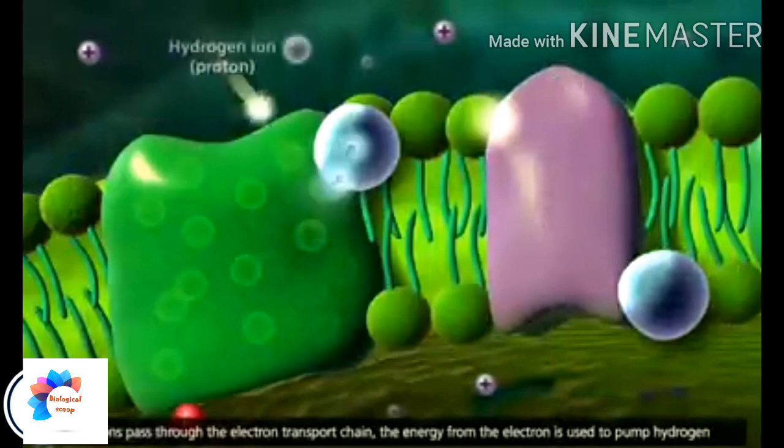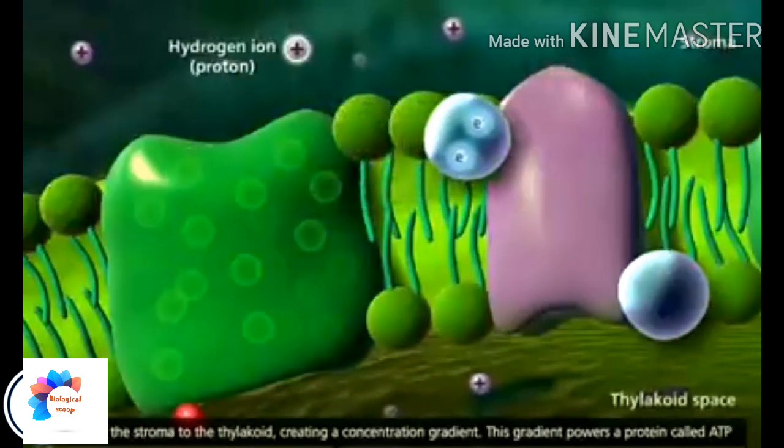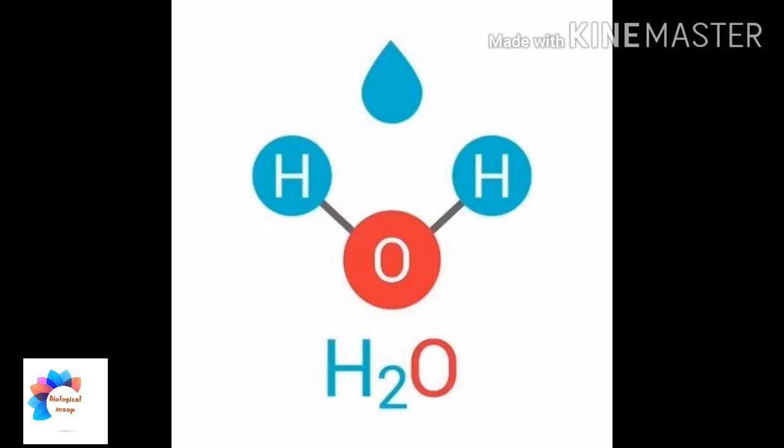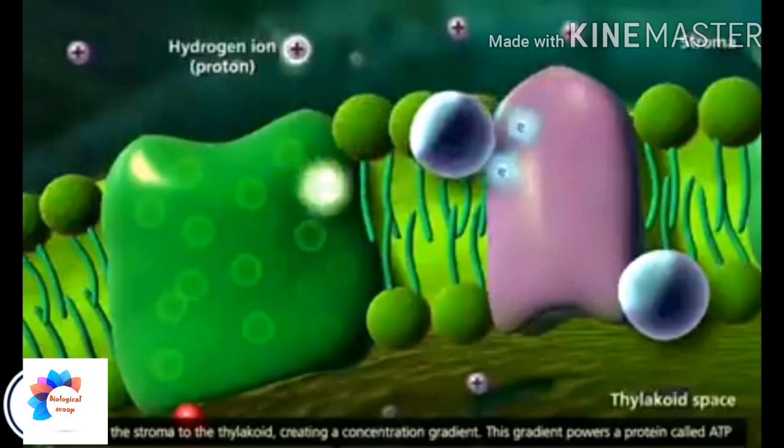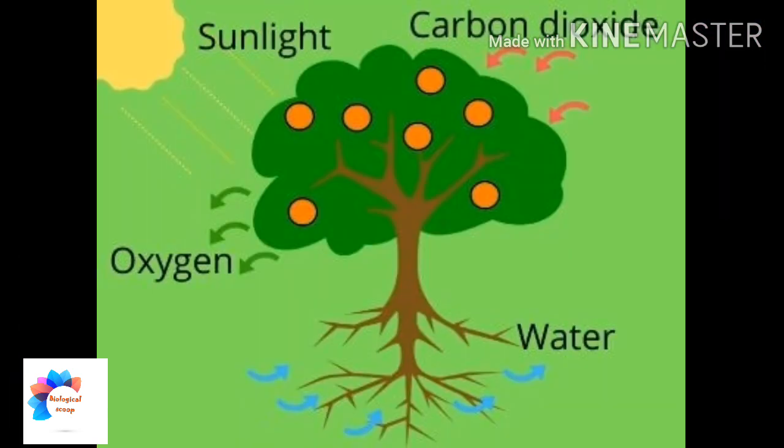So what is photolysis? Photolysis is the process of breaking a water molecule. As we know, a water molecule consists of 2 hydrogen atoms and 1 oxygen. The oxygen is split out from the water molecule, and this process is called photolysis. As you see in this video, the red bubble-like structures are the oxygen gas, and the sky-colored structures are the hydrogen atoms. As we know, oxygen gas is a byproduct of photosynthesis, and it is an important input to the cellular respiration pathway also.